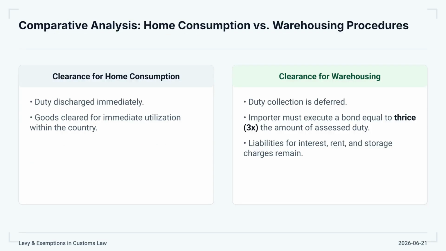Let's compare home consumption and warehousing. Under home consumption, customs duty is paid immediately and goods are released for use within India. Under warehousing, duty payment is deferred, allowing importers to store goods without immediate cash outflow. However, this benefit comes with safeguards. The importer must execute a bond equal to 3 times the assessed duty amount and remains liable for interest, rent, and storage charges. From a business perspective, warehousing improves cash flow management. From an examination perspective, remember that the taxable event for warehoused goods arises only when they are finally cleared from